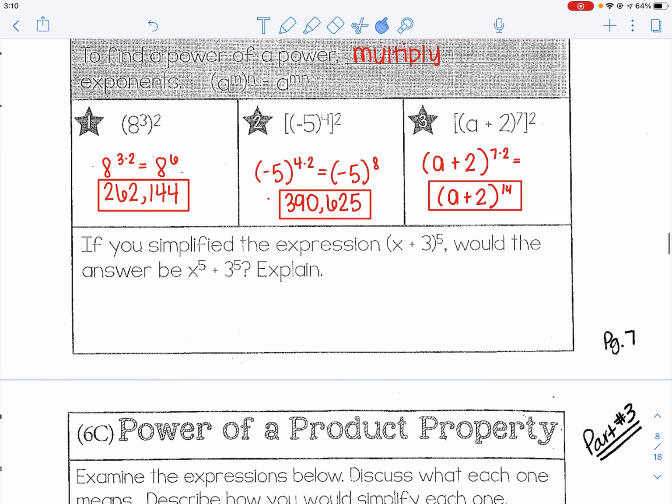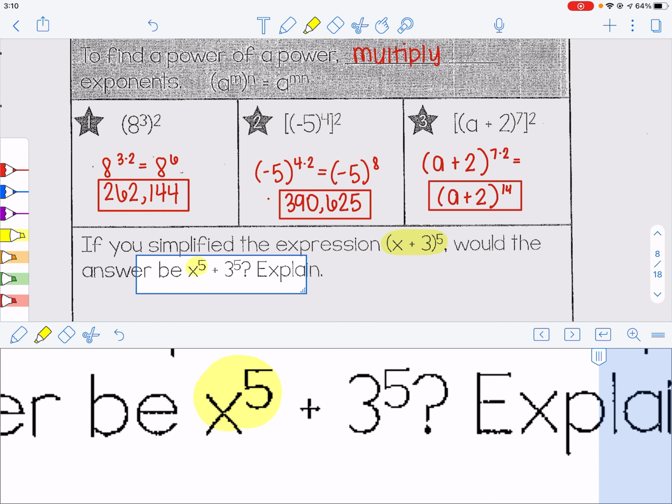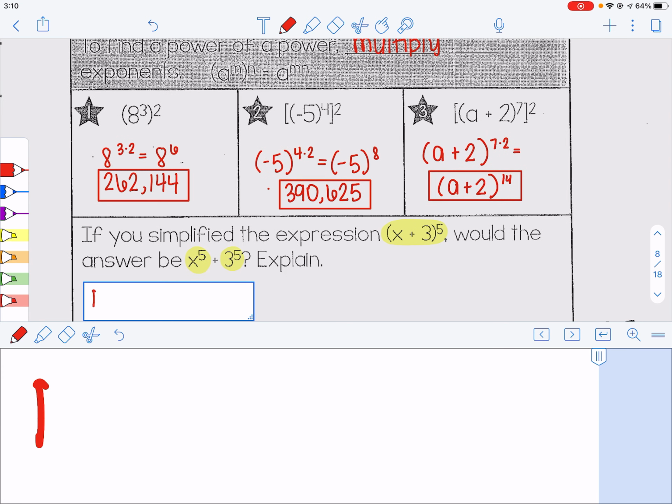All right, and then lastly, when you have adding involved in the parentheses right there, that's our next unit, so we haven't done that yet. We will learn how to do that, but this one is asking, is it the same thing to do the quantity x plus 3 to the 5th, and then doing x to the 5th plus 3 to the 5th? They want to know if it's the same thing. Your answer here is no,